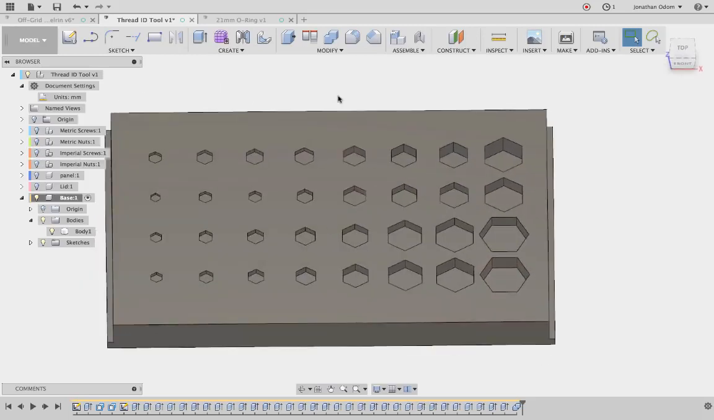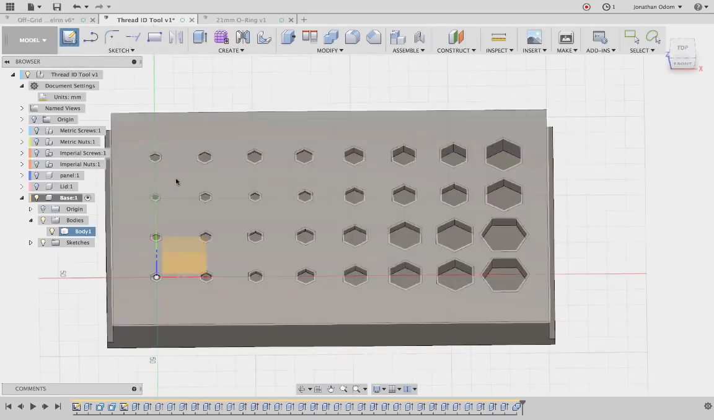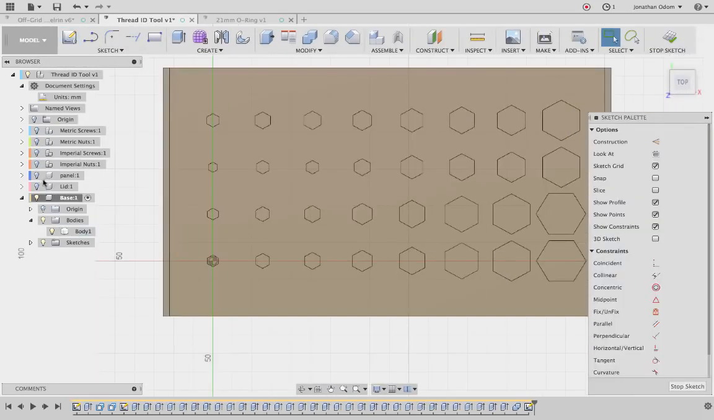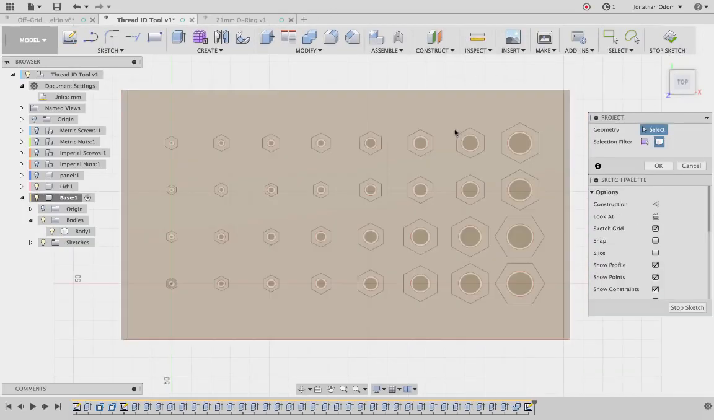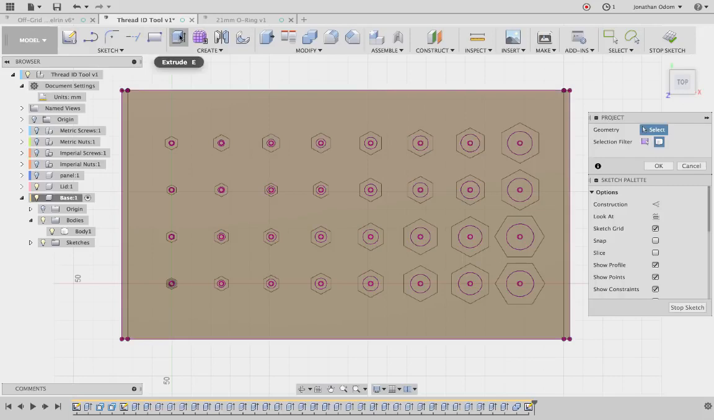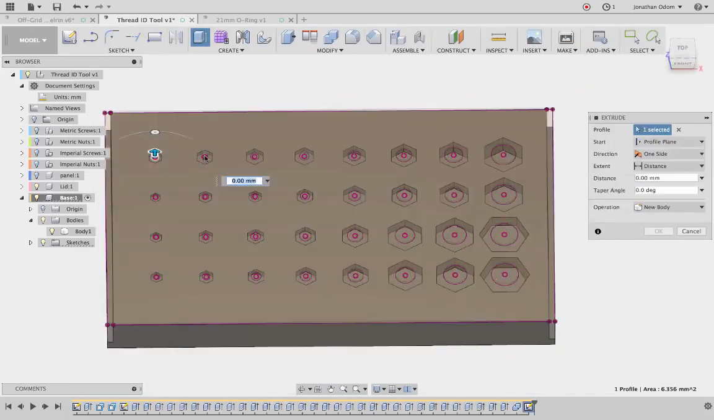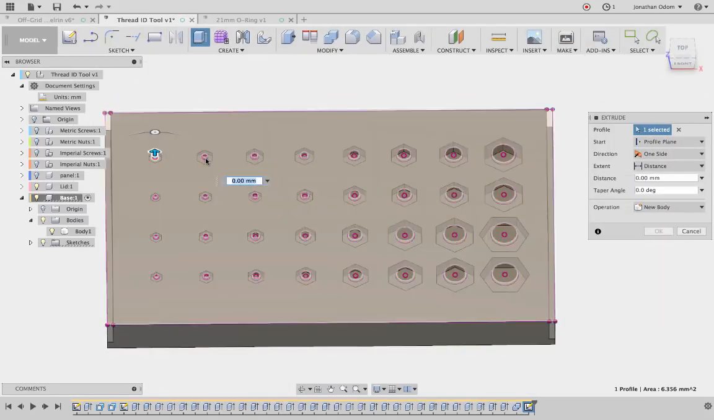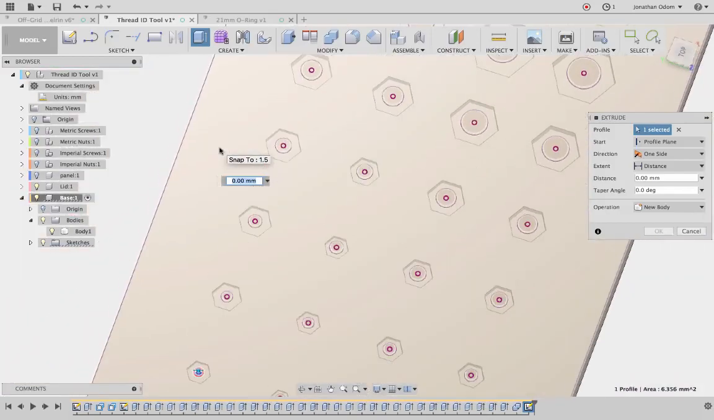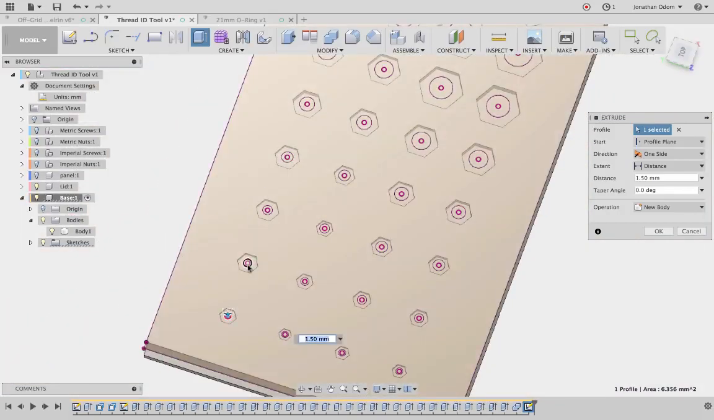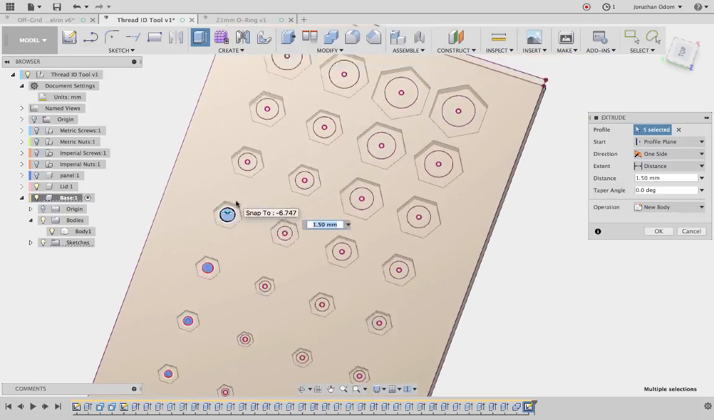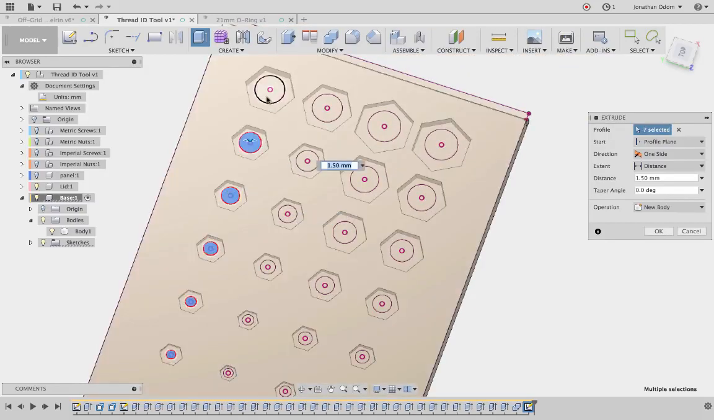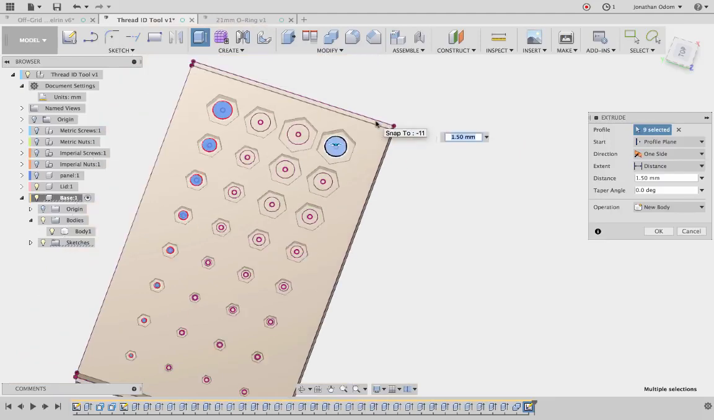turn those off. I'll go here, create a new sketch on the top, and then I'll turn on the lid and P for project. Click that. And then I'm going to extrude these profiles where the nuts are, because I want to be able to thread pretty far into them, because you can get